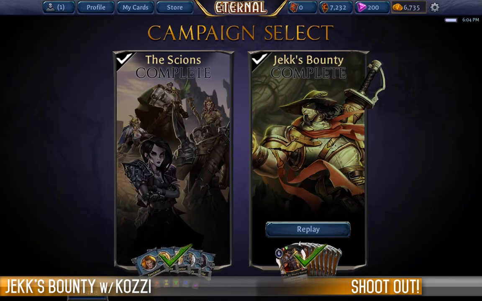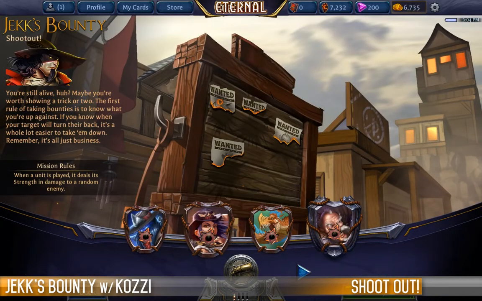We're now moving up to the Shootout. Wonderful name for a particular mission. And the rule for this particular mission is, when a unit is played, it deals its strength in damage to a random enemy. Now, a couple of things to note. The unit rule applies to both ours as well as our opponent's units, so we're going to be having extra damage flying everywhere. The random enemy can also include players rather than just units on the table, so damage can